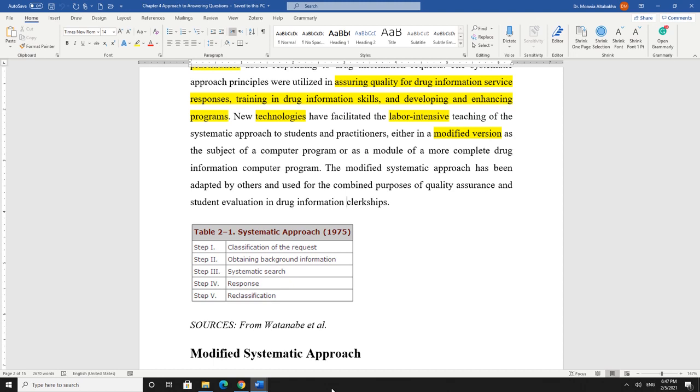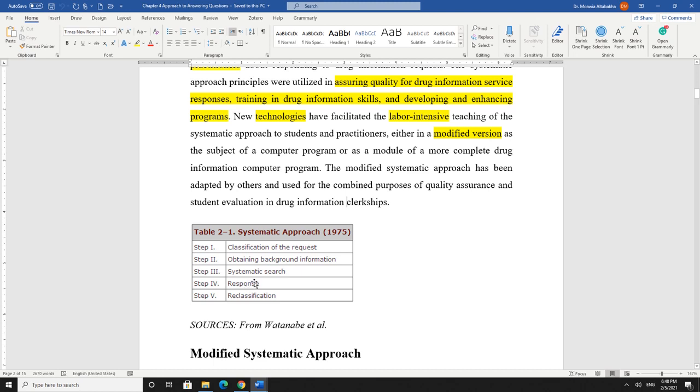He was telling them, after you obtain this background information, you can now carry out the systematic search. For example, since this is a pharmacokinetic question, I will go to a pharmacokinetic textbook, or if it is for therapy, then I will go to a therapy reference. If it is about pregnancy, then I will go to Briggs, etc. So they will do the search, and then they will formulate the response as step number 4,